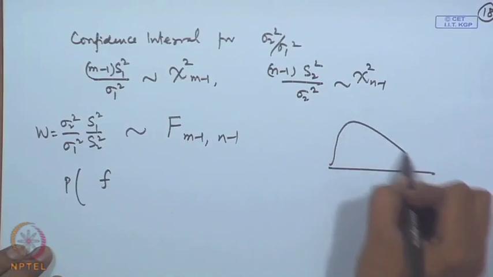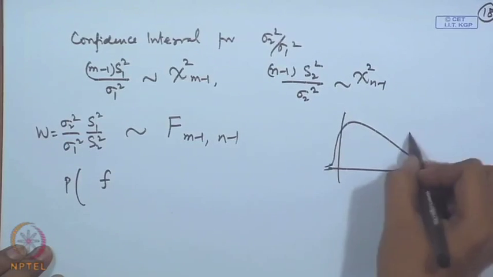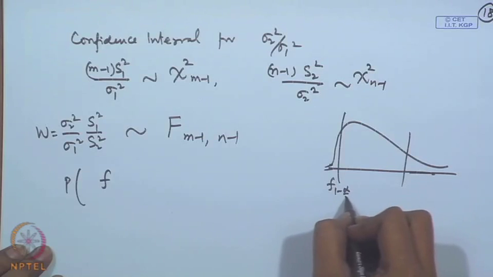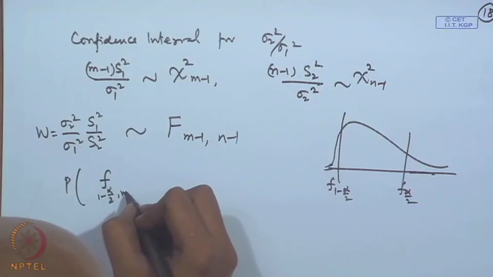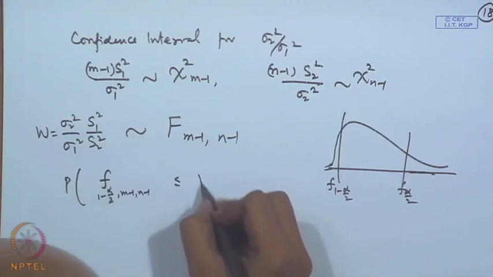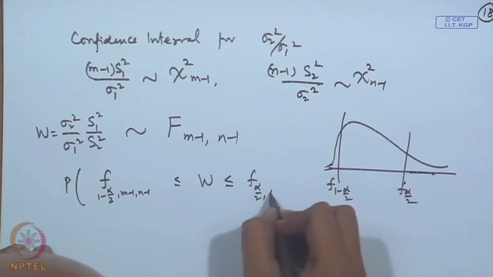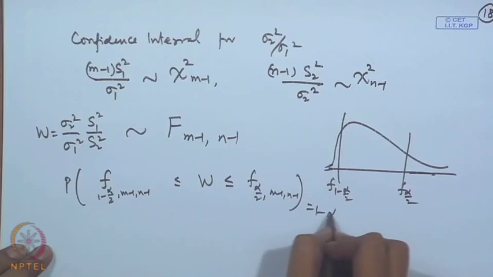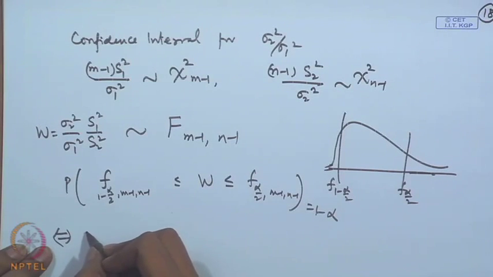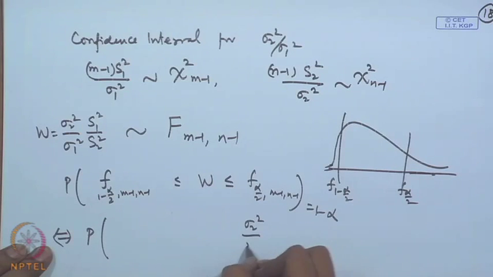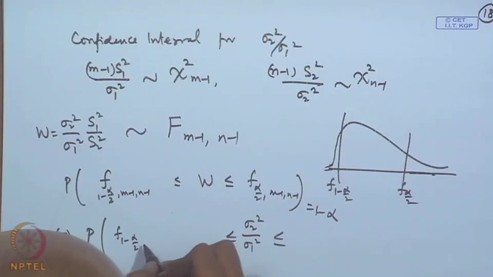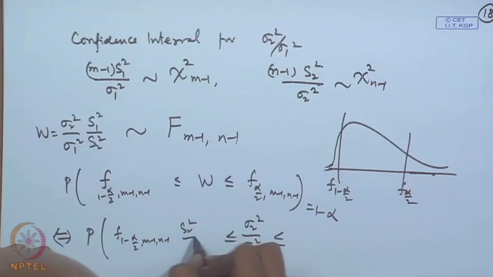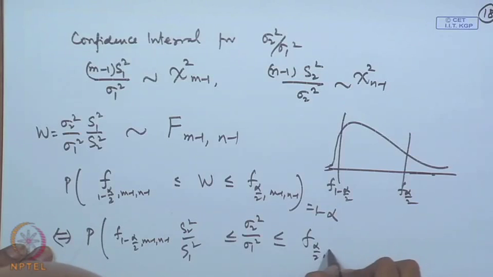Of course, F is a skewed distribution, but for convenience we may still consider F 1 minus alpha by 2 and F alpha by 2 points, F 1 minus alpha by 2, m minus 1, n minus 1 less than or equal to this W less than or equal to F alpha by 2, m minus 1, n minus 1, that is equal to 1 minus alpha. So, this is equivalent to saying that probability of sigma 2 square by sigma 1 square in the interval F 1 minus alpha by 2, m minus 1, n minus 1 S 2 square by S 1 square to F alpha by 2, m minus 1, n minus 1 S 2 square by S 1 square,